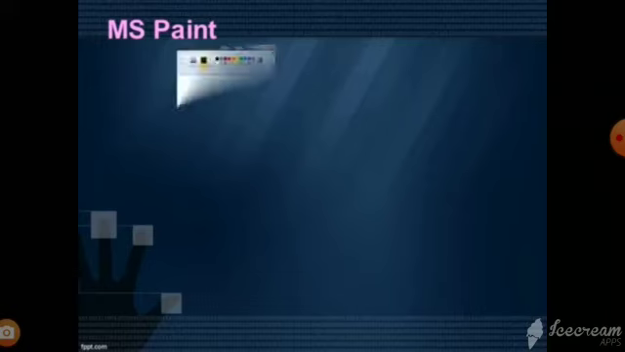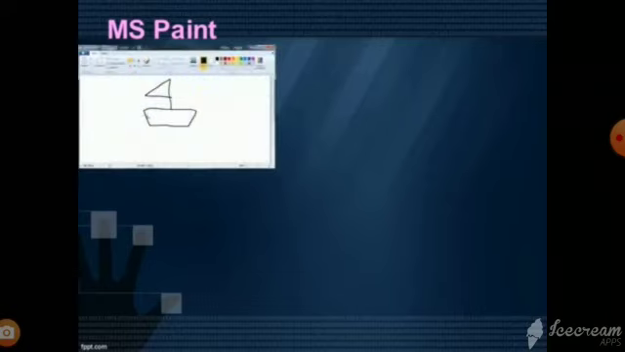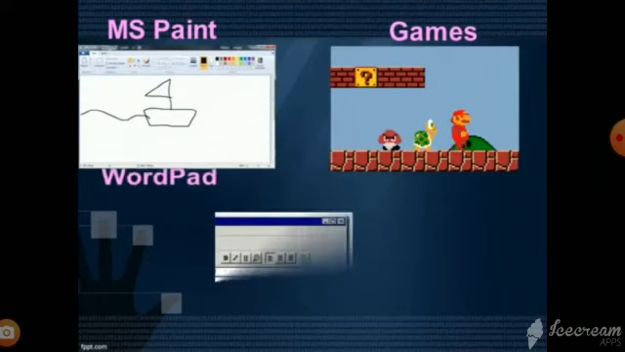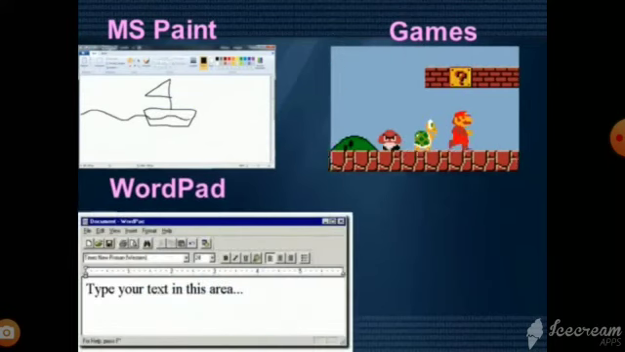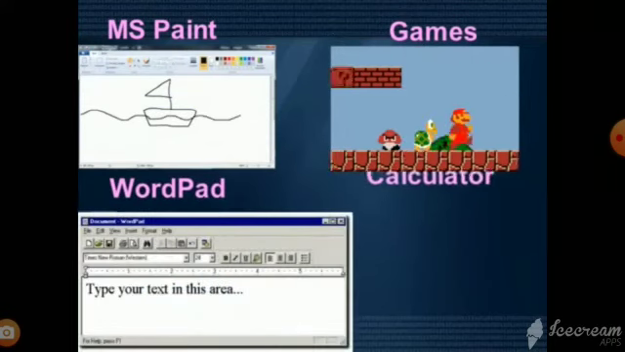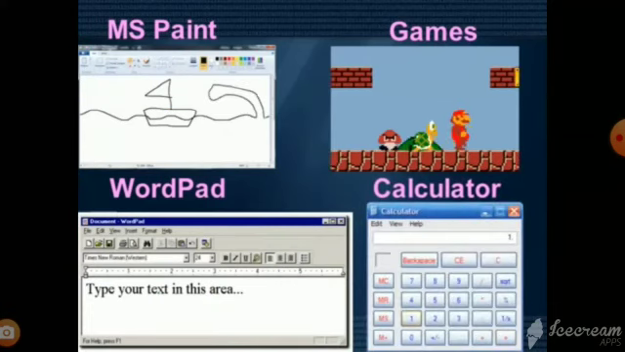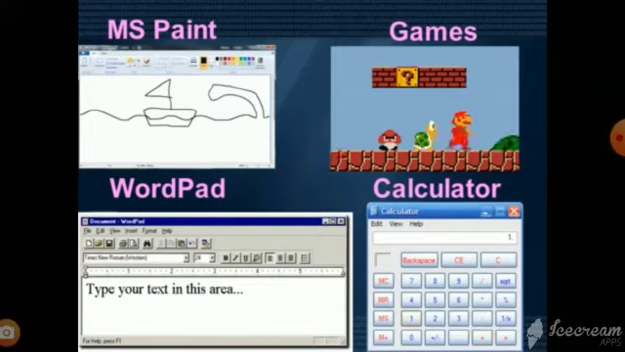There are different types of application software that help in doing specific types of jobs. For example, MS Paint, used for drawing pictures. Games, used for entertainment. WordPad, used for typing and making corrections in the text. And calculator, used for doing calculations. Likewise, there are a number of application software present in our